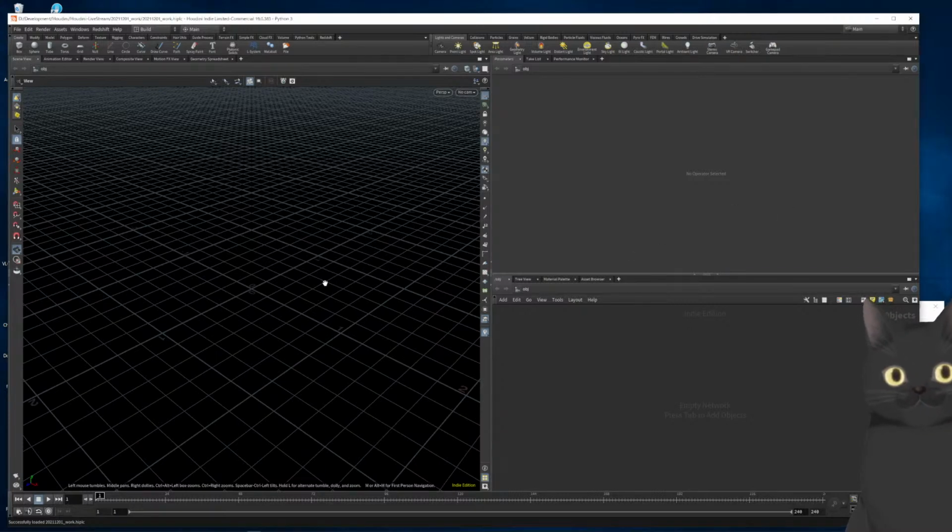Now, the first thing we want to do is change our viewport layout. We're going to go to a 4-view layout, and then we're going to go over the front view and press spacebar B to bring that up. Once we have that, we can set up the background, and this can be an